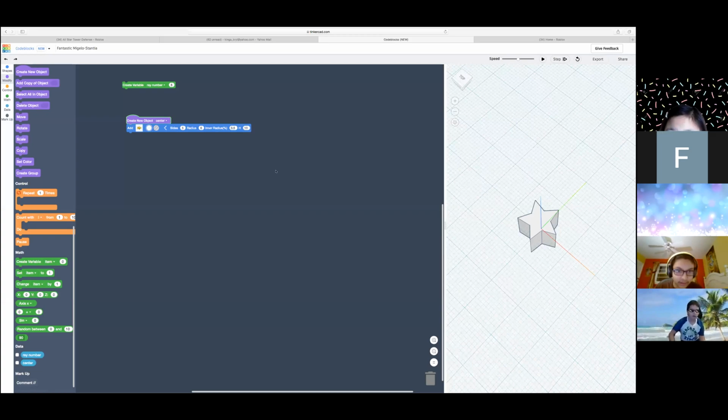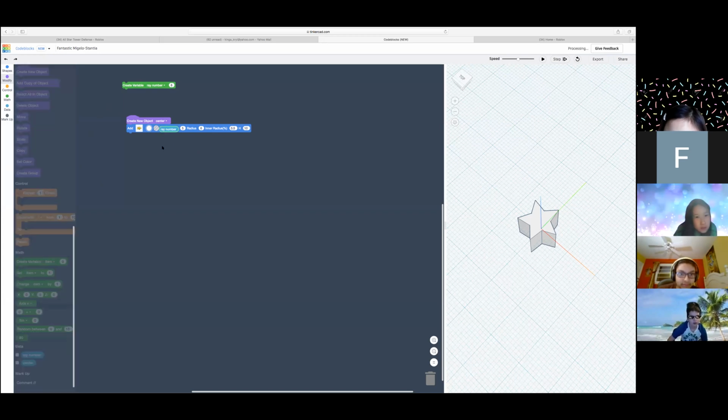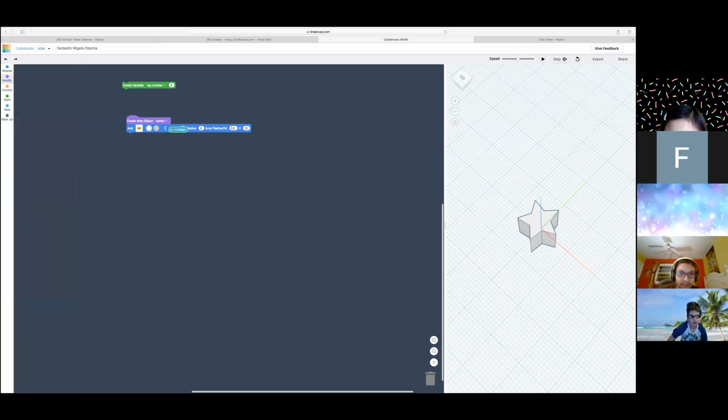Okay, right, so what you want to do is go down. If you see on the left side, there is a blue thing that says ray number, left and to the bottom, right? So you're going to drag that into where it says 5 on your sides. Yep, so it snaps. Okay, keep moving your mouse to the right.